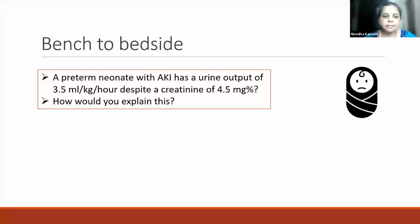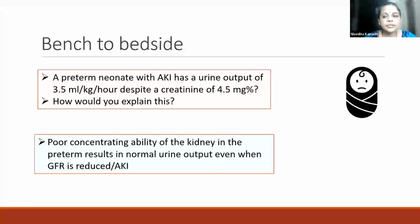A few applied aspects again. A preterm newborn with AKI has a urine output of 3.5 ml per kg per hour, which is a good normal urine output despite a very high creatinine. Why do you think this happens? It is not uncommon to have AKI in the newborn, which is mostly non-oliguric. There are very few conditions which have oliguric or anuric AKI, and this is because of the poor concentrating ability of the preterm kidney. So even when the GFR is low, the kidney is not able to concentrate urine,